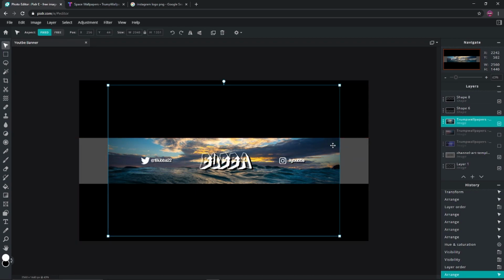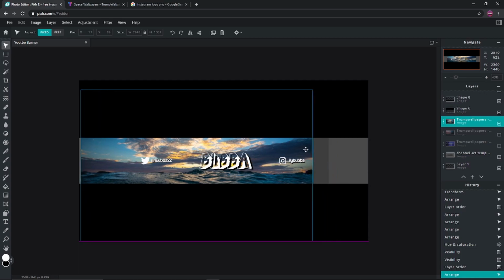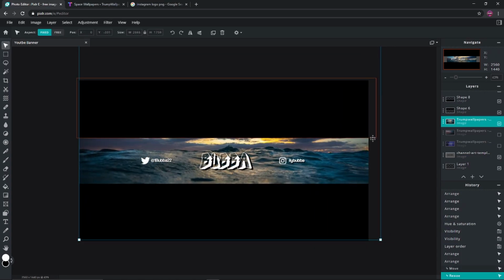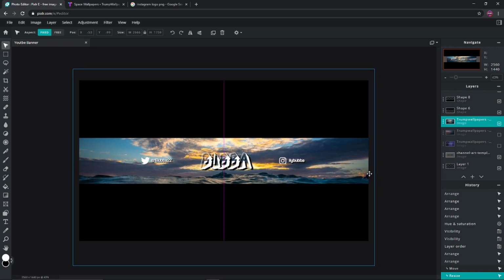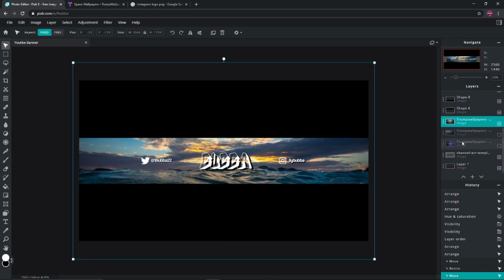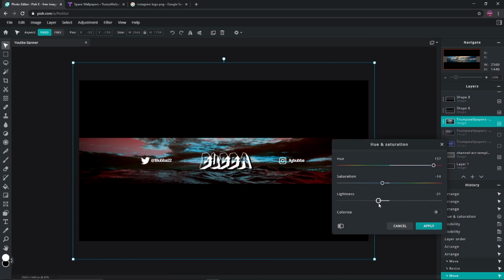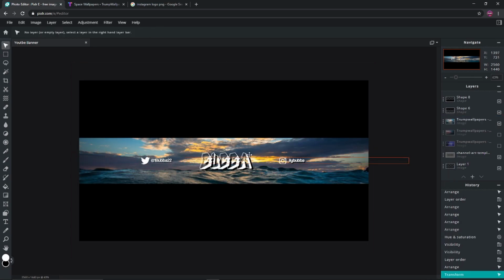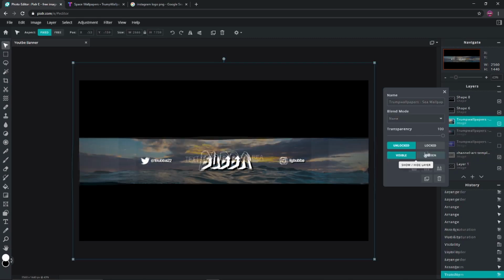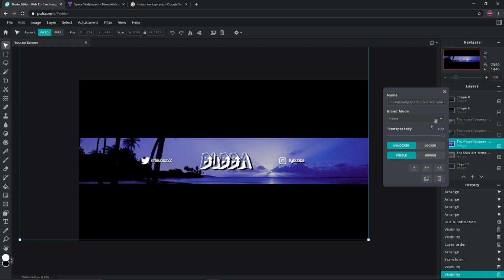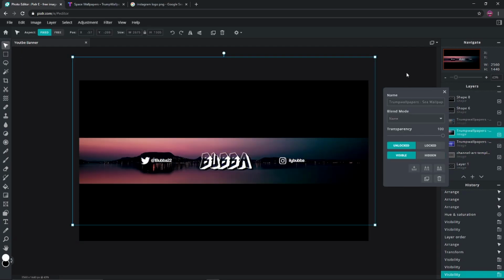This one, I don't think it's gonna look that good with, but we could try it, you know? Always give something a try. Pull this up. That one doesn't look that bad. Like right there. Adjustment, hue and saturation. Oh, but the middle, like right there. Different fonts make it look better. I don't know why I chose a graffiti font. If you go look at my YouTube banner right now, it looks pretty good. But I don't think this one looks that good, so we're just gonna hide that. And bring back, I kind of filmed this one. Bring back this